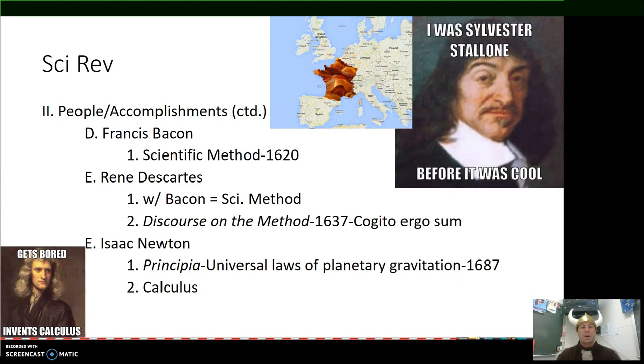scientific inquiry. Rene Descartes, he's the "I think therefore I am" guy, cogito ergo sum. My Latin is terrible, sorry. And combined his ideas together to form the scientific method. But Descartes, he's the one who strips everything down and says, all right, maybe I can't trust my senses. How do I know that any of this is real? And eventually gets to the point that the fact that he is even considering whether he is in fact real or not is proof of him being real on some plane of existence and not just being a part of the matrix or whatever. And Descartes, he gets his hands in a lot of different things,